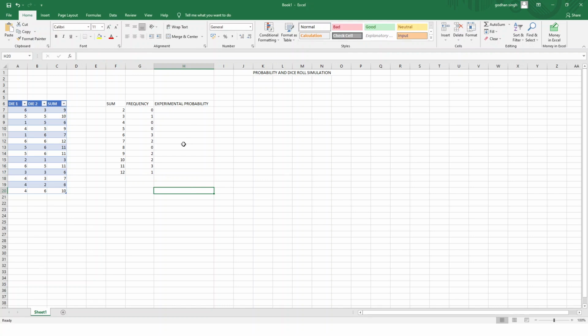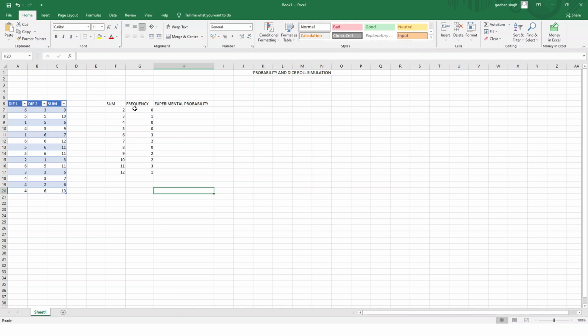And now to find the probability, we know that probability of any event is equal to the number of favorable events divided by the total events. So in this case what we'll do is we'll just find the total of these frequencies, and suppose we want to find how many times the sum 2 is coming.